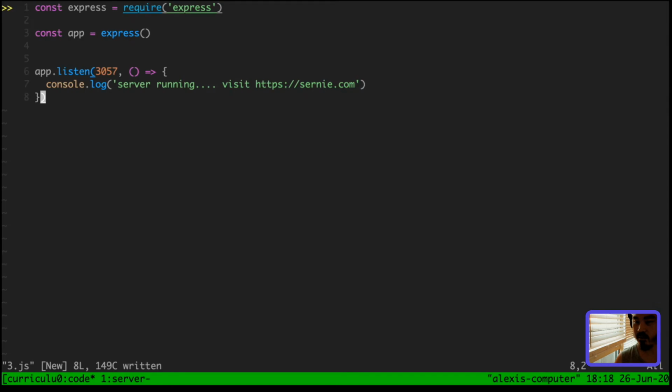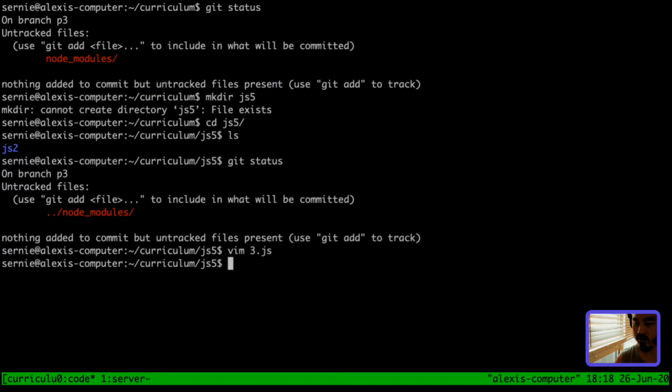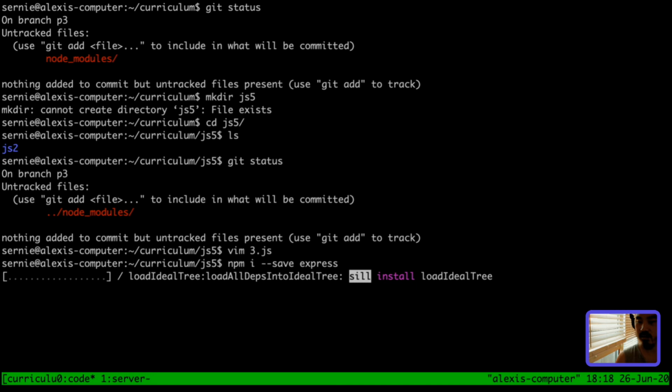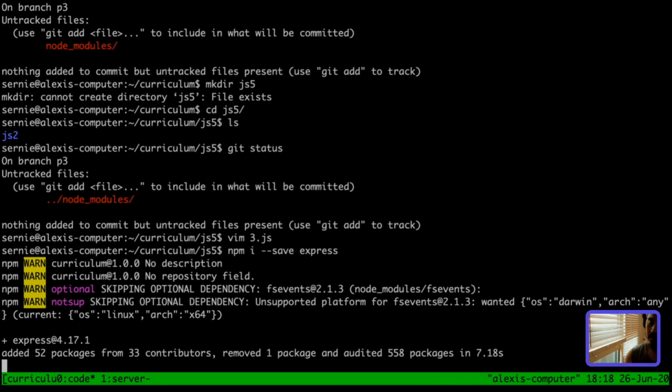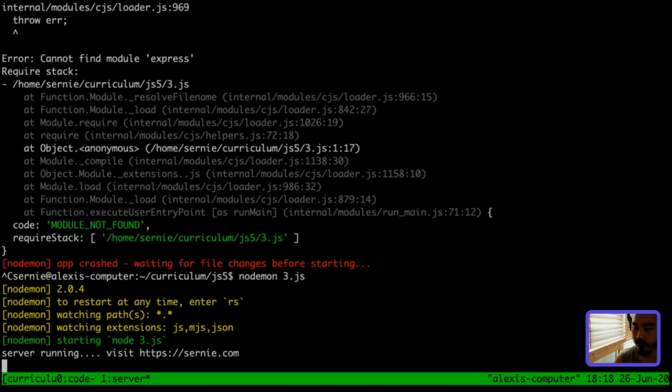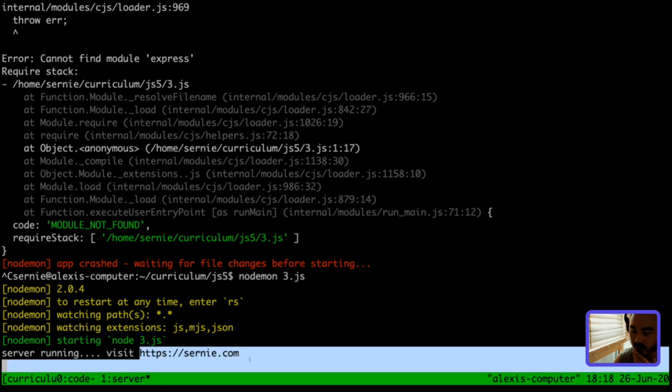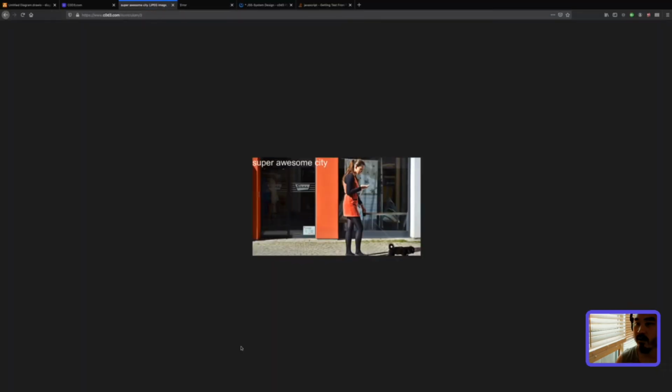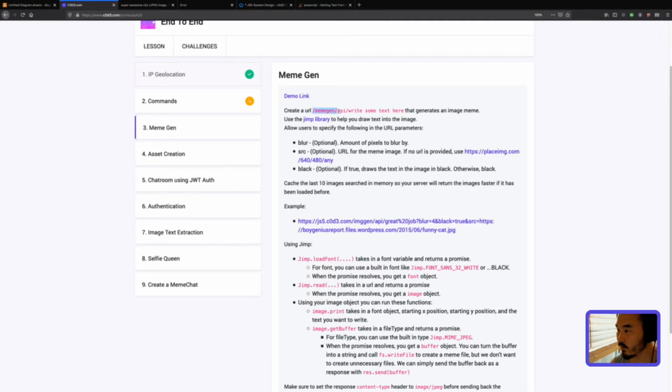Cannot find module express. That's so sad. Let's install express. Okay, so server running, visit cerny.com, but if I go to cerny.com, there should be nothing here. So I need to create a URL called API and then write some text here. So